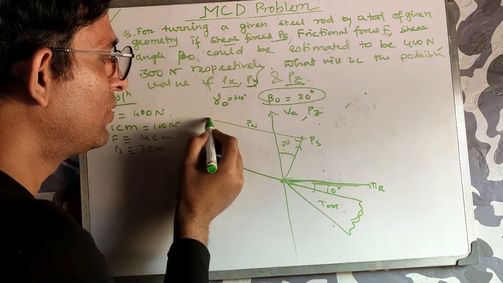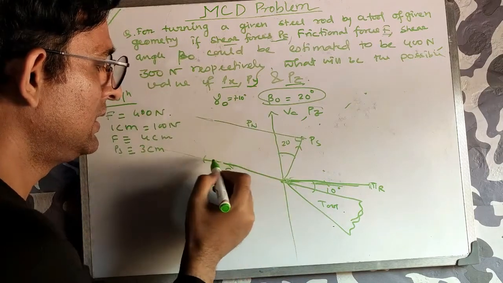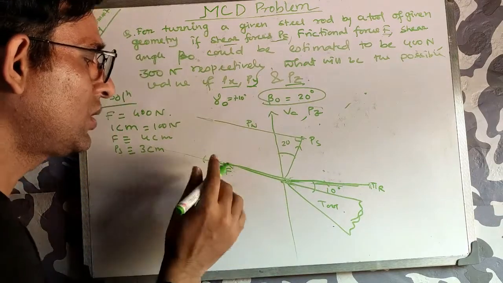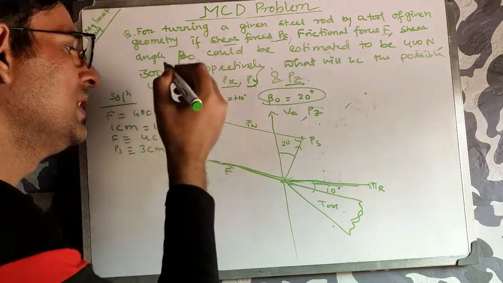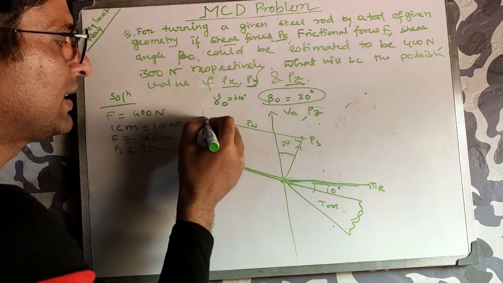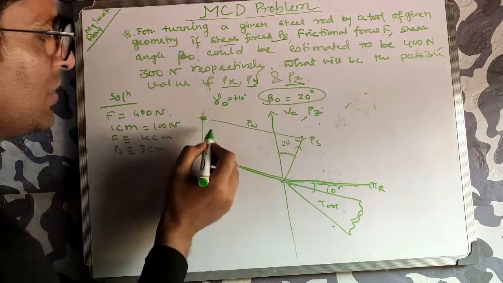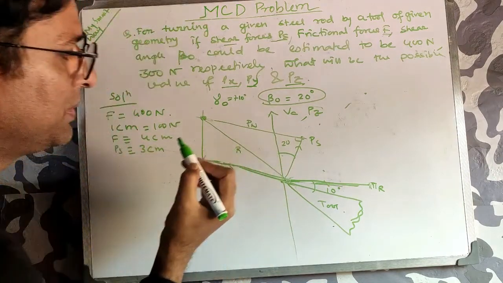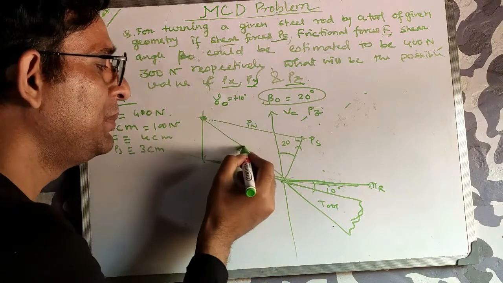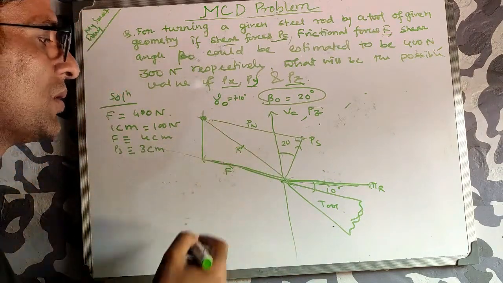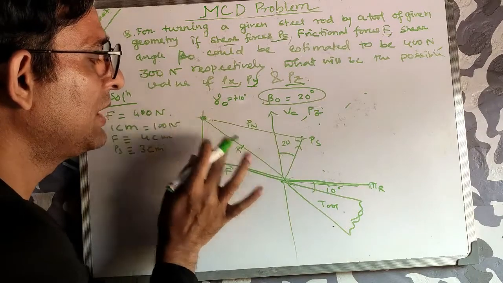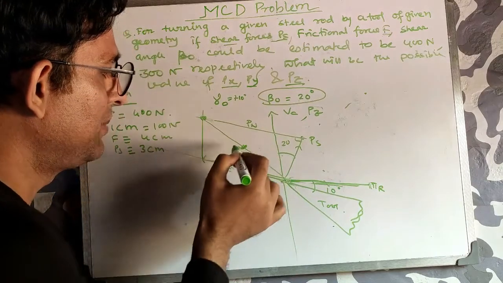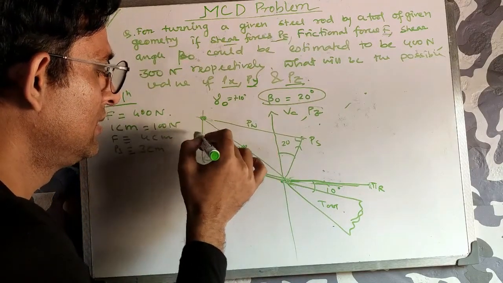And their resultant force: similarly, the perpendicular to F is also a normal force. They will intersect at a certain point. So this will be the resultant force R. And if you take the midpoint of this, you can draw the Merchant circle diagram by assuming R is the diameter. So this is the diameter R, and at the midpoint you draw the circle.